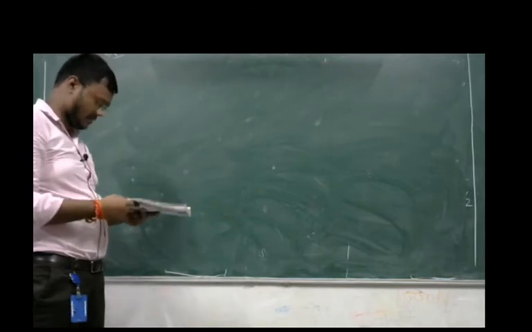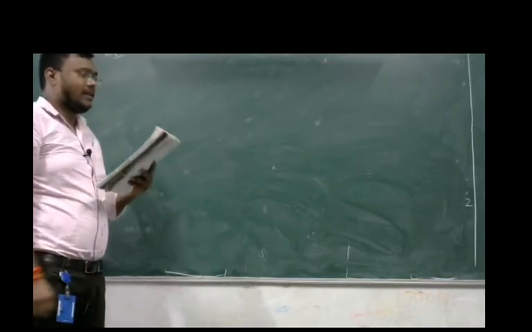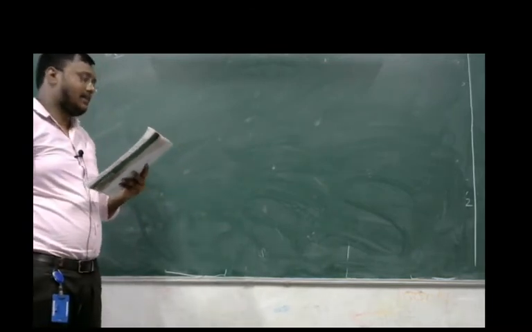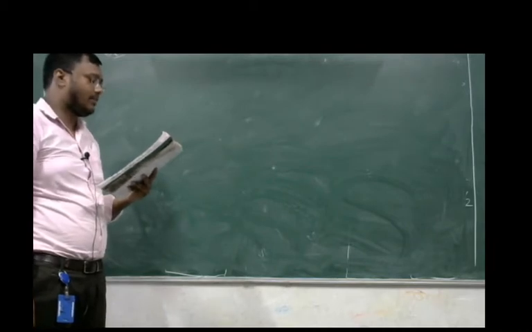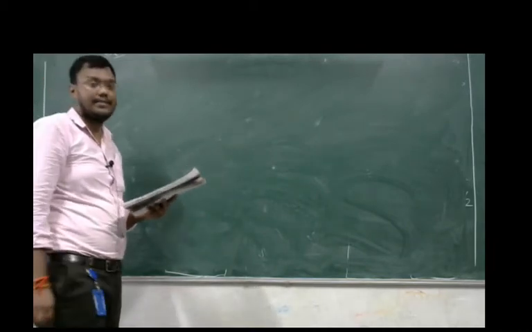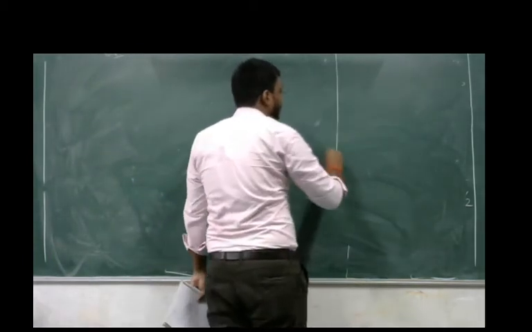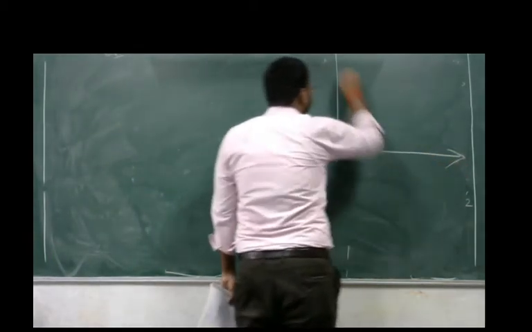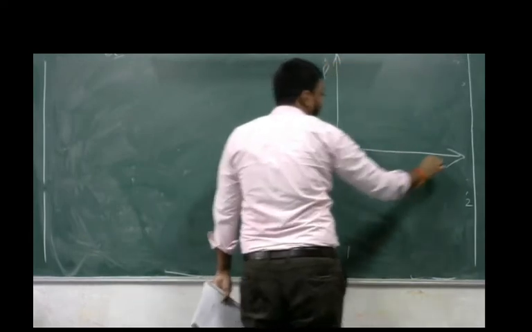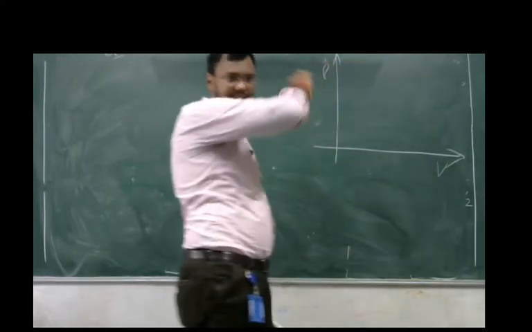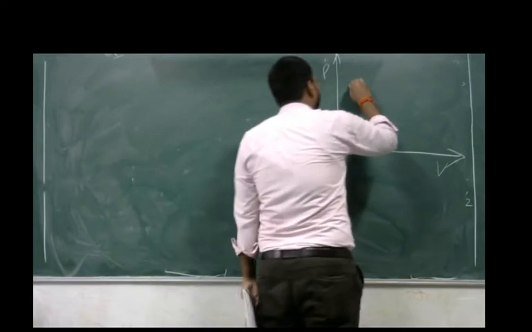Now the next question is a little bit different. An engine working on an ideal cycle has initial pressure and temperature of 1 bar and 17 degrees Celsius. Initial pressure and temperature is given. So first you draw the diagram so that you can understand what is the initial pressure and temperature. This is a PV diagram, and it is saying that it is a diesel cycle. So draw a diesel cycle.